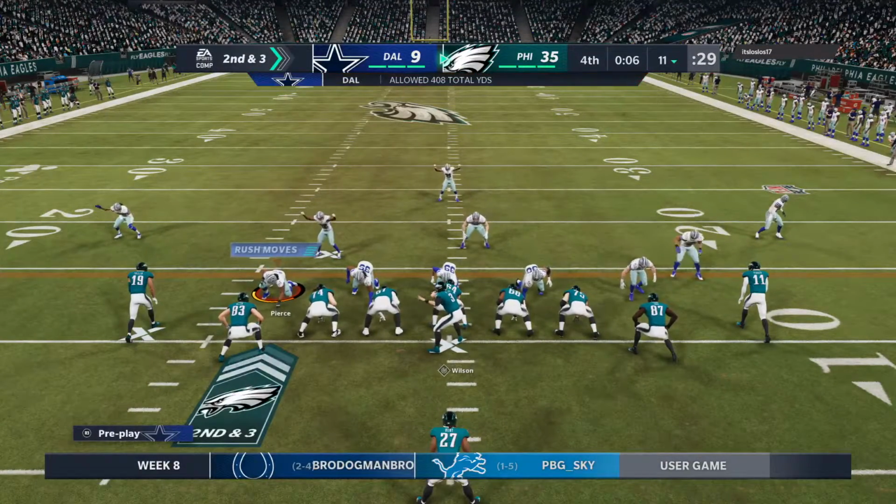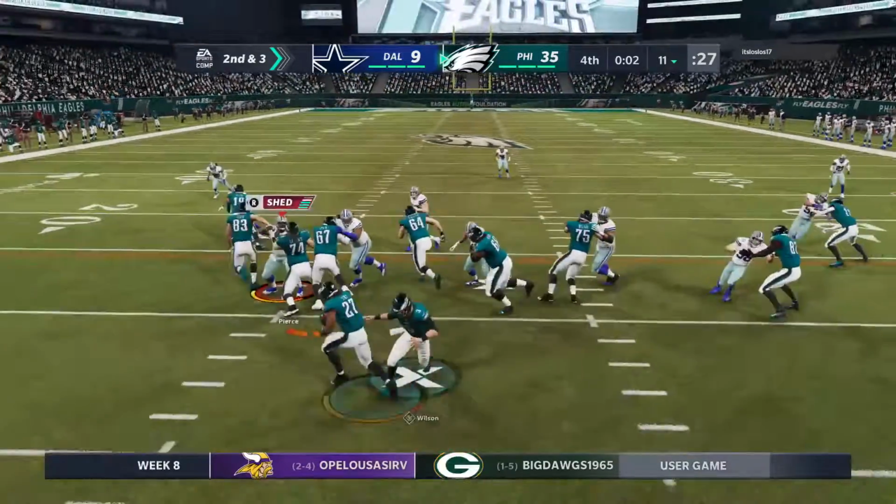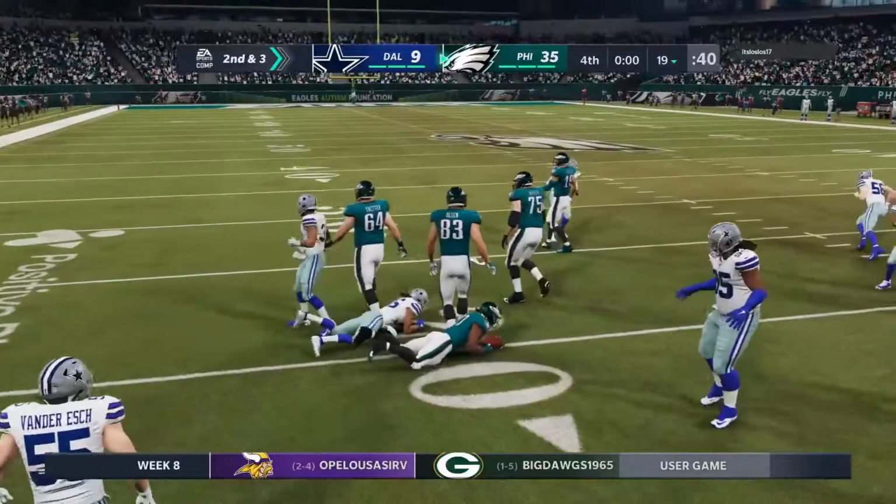7 yards to pick up on the pitch and catch. It's a gain of 7. Brings up 2nd and 3 at the 11-yard line. They'll run with Hunt on 2nd down. And he'll be about a full yard